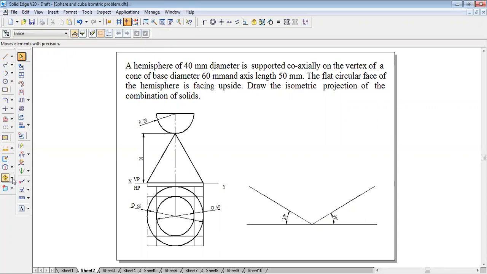So I'll take move and copy command, select this line from here. I'll keep it here. From selecting this line, I'm just keeping it this side. So this becomes a base portion of the cone. Okay, so a cone is like a circle, right? So it is like an ellipse. So use ellipse command.